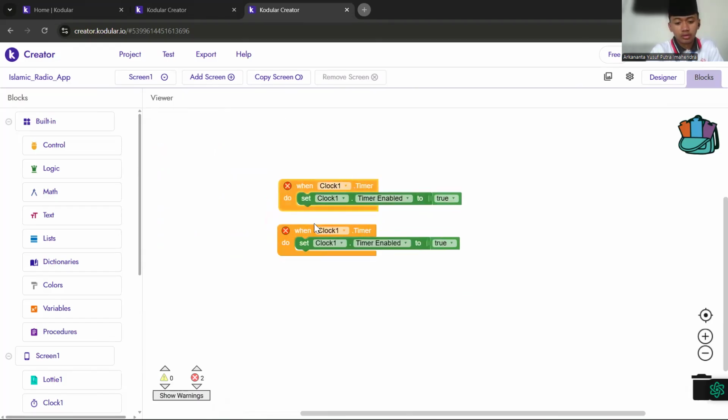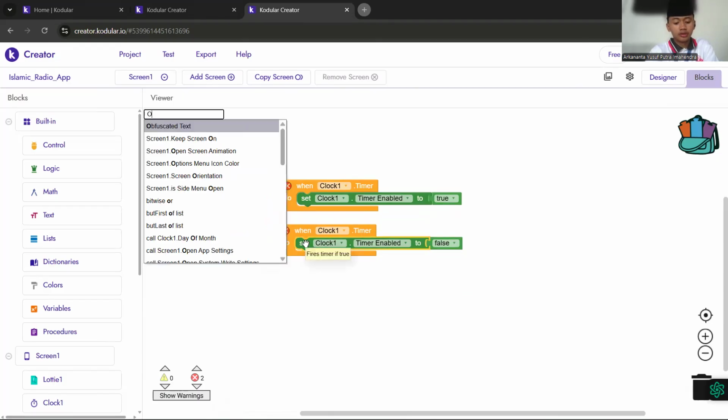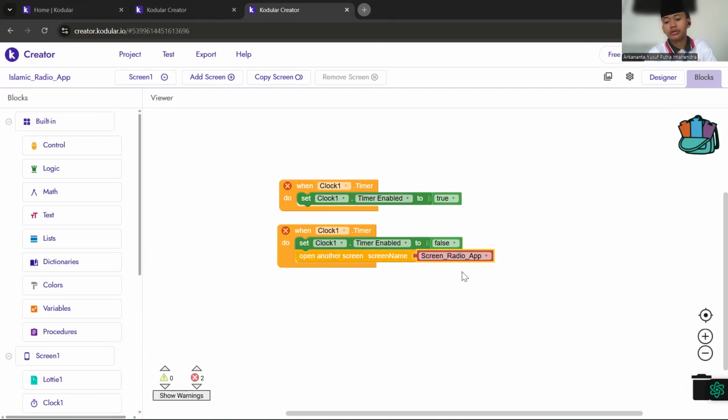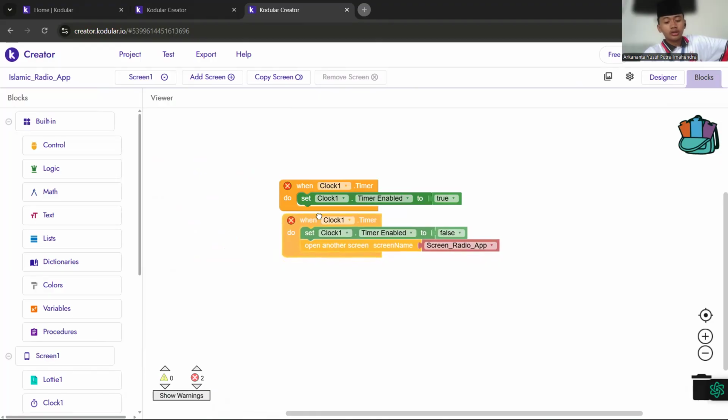Then timer enabled is false. Then open another screen, screen radio, like this. So this is just for the code in the opening screen.